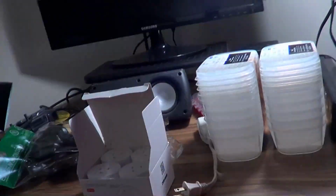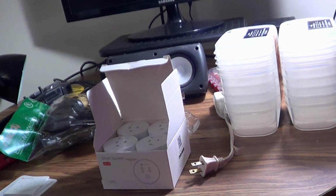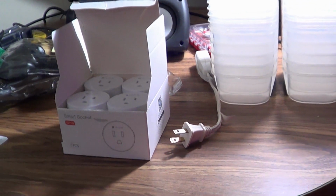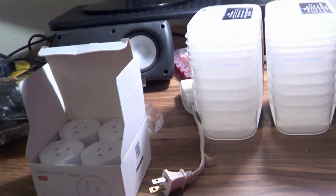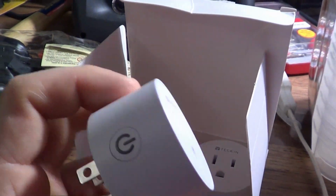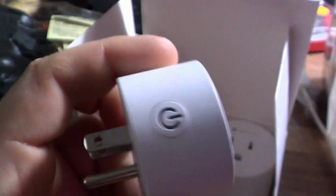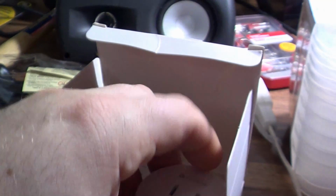So, yeah, I'm reprising my views on smart home technology. We'll get into this a little bit more in a more dedicated discussion later on. But obviously, if I'm buying a set of smart plugs to voice control more things in the house, like fans and stuff this winter, I want to try more stuff with the technology. Plus, these Tech-In, again, spelled differently than the video game series, these Tech-In smart plugs are